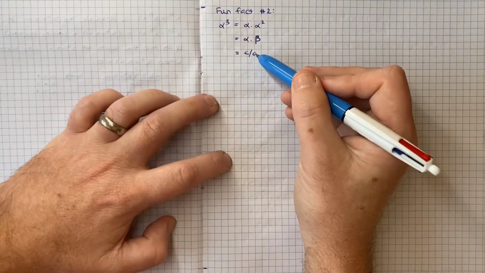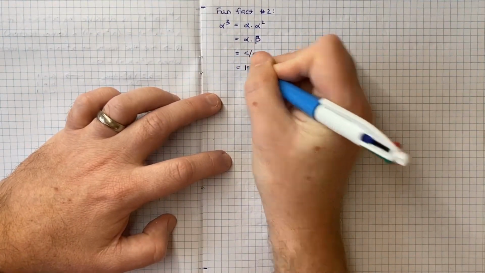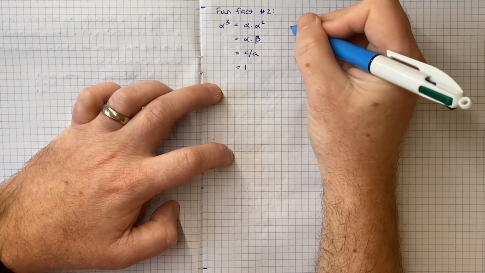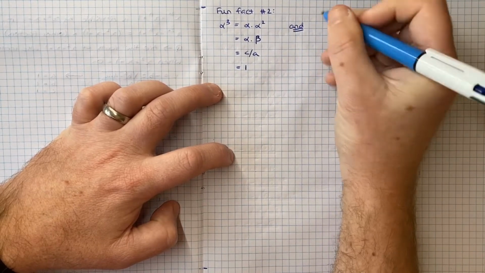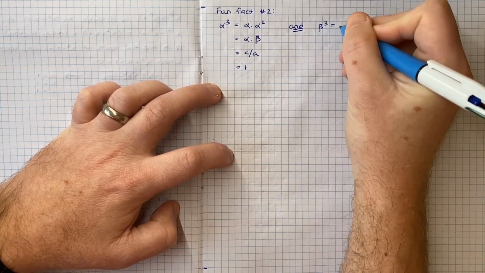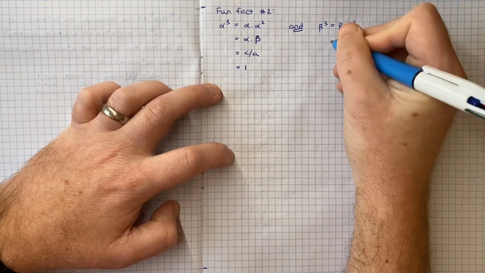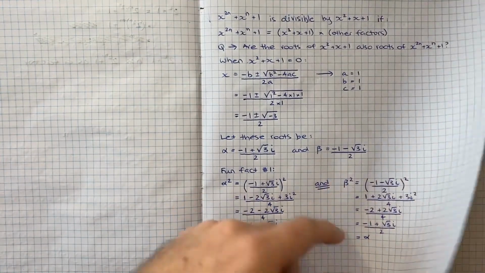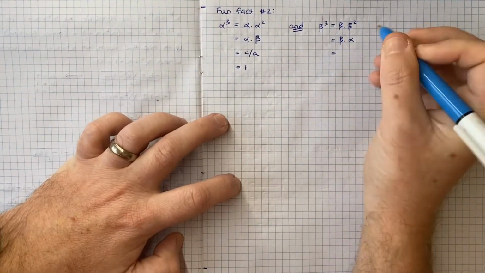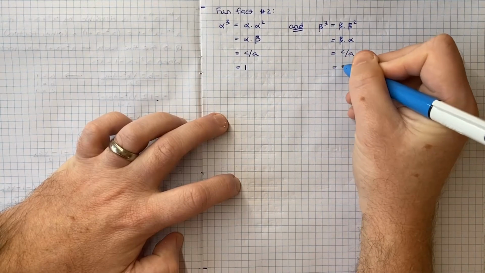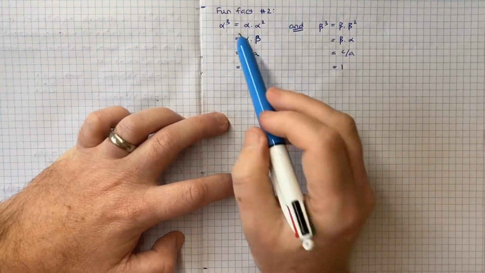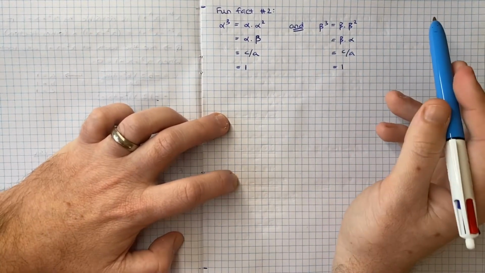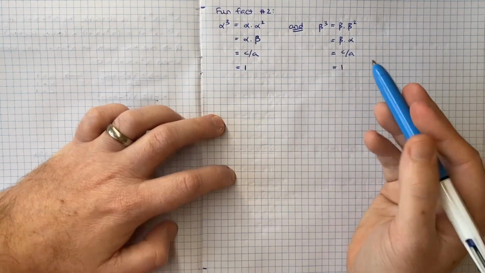So c on a is equal to 1 on 1, which is just 1. So alpha cubed is equal to 1, and hopefully it won't come as any surprise that we can get the same thing for beta cubed, being beta times beta squared, which is beta times alpha, because remember we also showed that beta squared is alpha, and again that's just c on a, which equals 1. So our second fun fact is that each of the roots cubed is equal to 1, and that's going to come in handy as we now work through the detail of